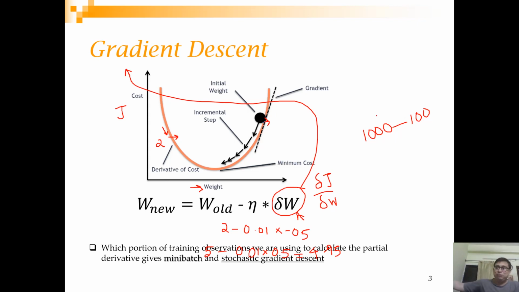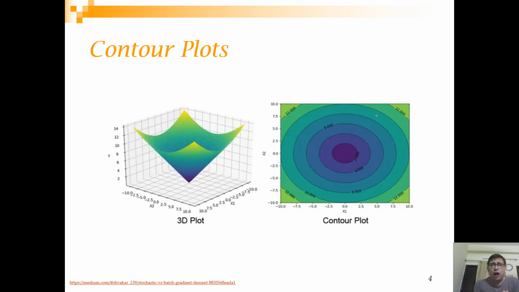And on the other extreme, you have stochastic gradient descent. Here you calculate the derivative after each observation. So for each observation, you calculate this y dash and y, find the loss function, and calculate the derivative. So these are the different variants. Okay, so let's now generalize the loss function curve that we saw.